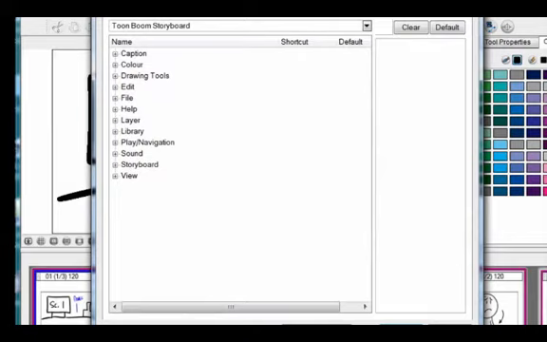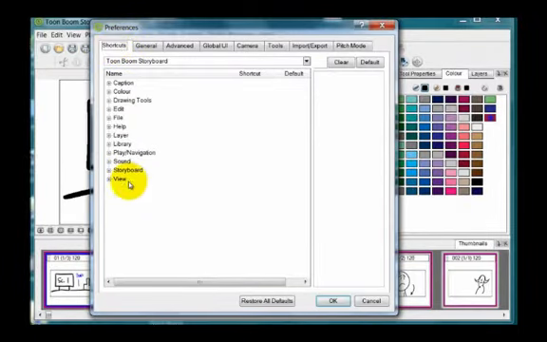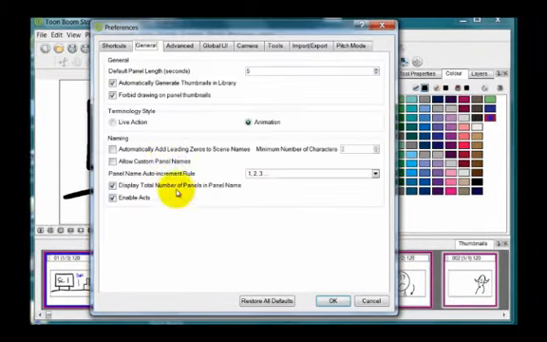Of course, in the first tab are all the shortcuts that we saw. In the General tab, there's things like Enable Acts, which is something that is commonly used. Also, you have the choice of whether or not you want to draw on the panel thumbnails when you see them. Here is a preference about the 3D features to enable these 3D functionalities. If this is not checked, and by default it's not checked,